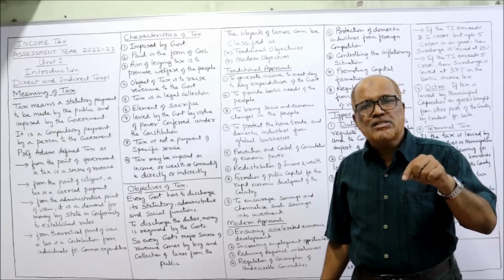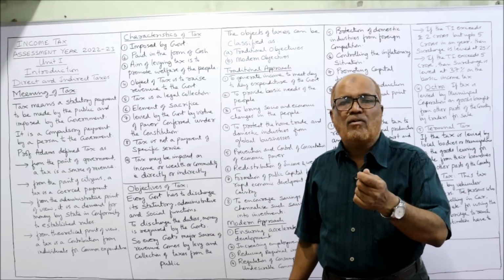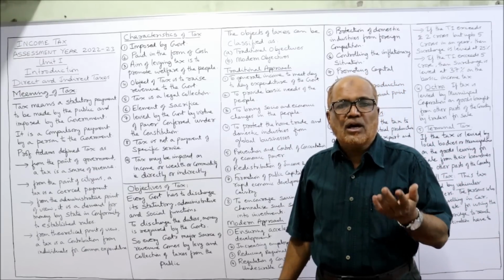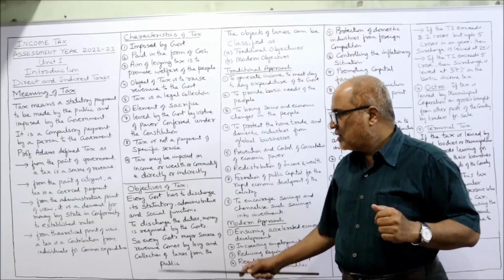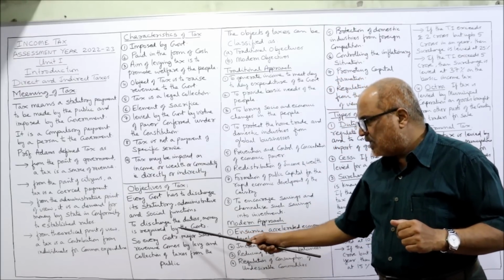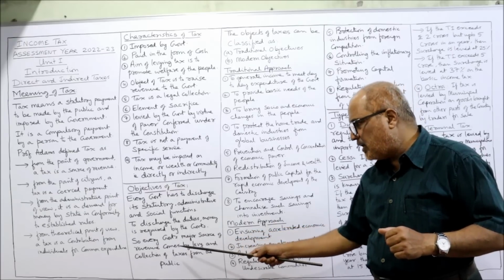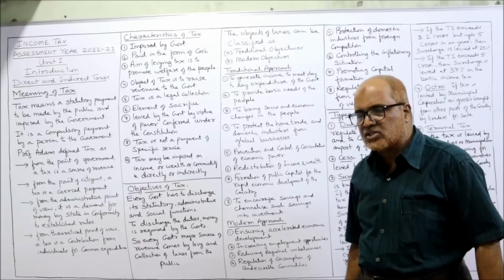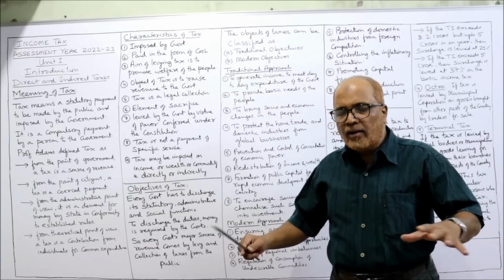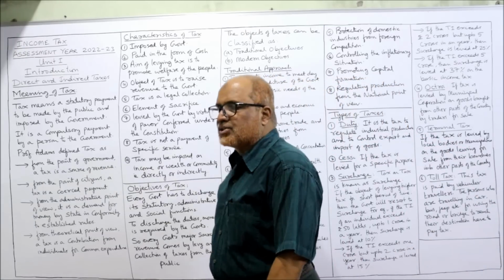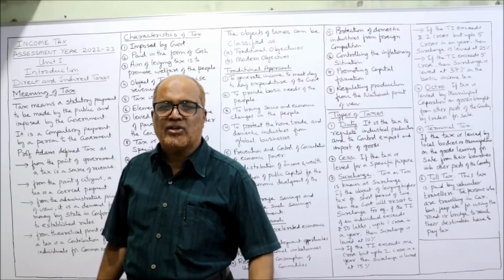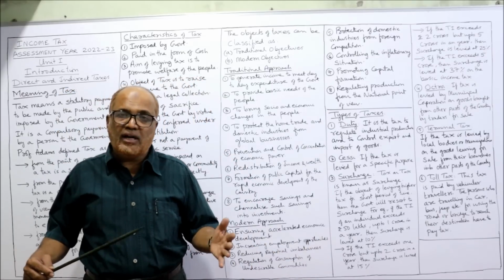But for discharging all these duties, the government needs funds. The government needs money. So to discharge the duties, money is required by the government. Every government's major source of revenue comes by levy and collection of taxes from the public. So in order to discharge all the functions, statutory functions, administrative functions, social functions, the government needs funds.